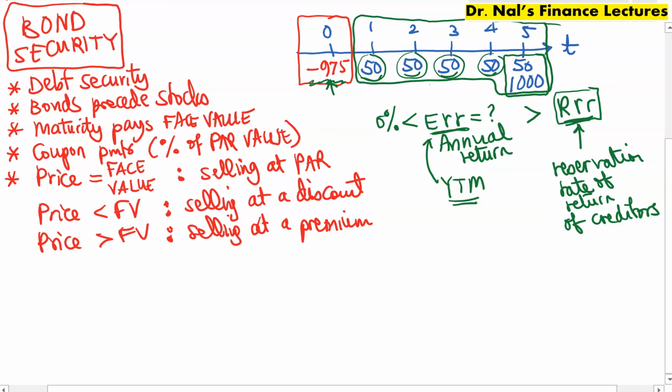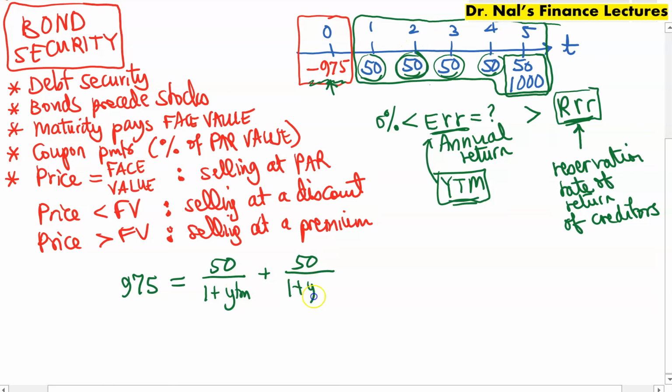So I will first provide a formula, which I doubt anybody will use because it is a little bit difficult. And the formula says the following: 975 is equal to, well, all these $50 payments will be discounted at the interest rate, which is the yield to maturity, YTM, plus that second $50, that one will be discounted twice at that yield to maturity. So that's why I will divide it by squaring this, and so on.